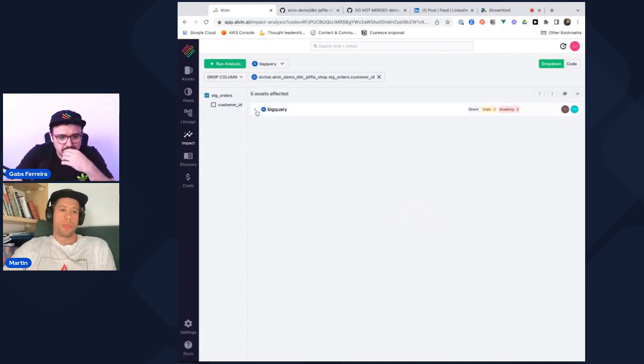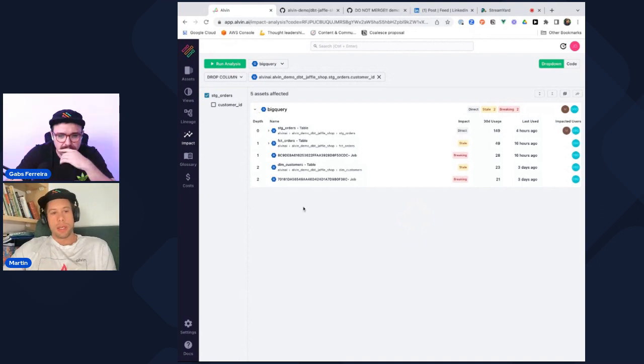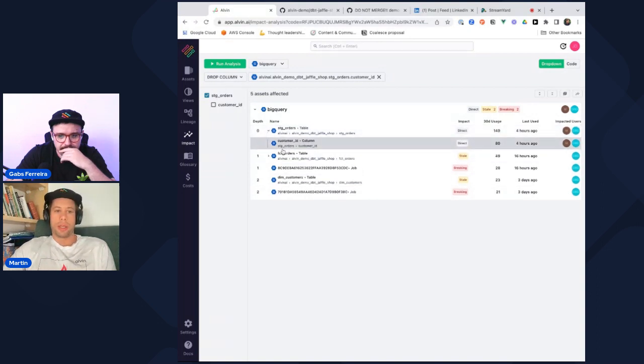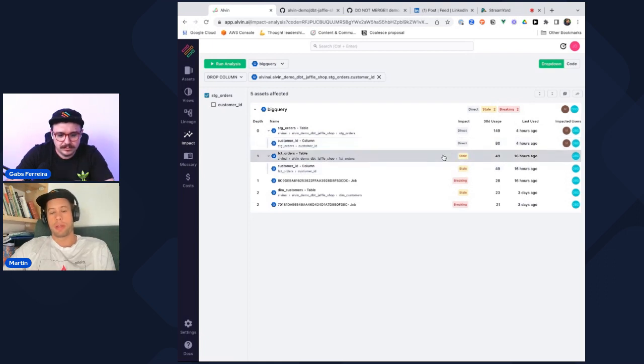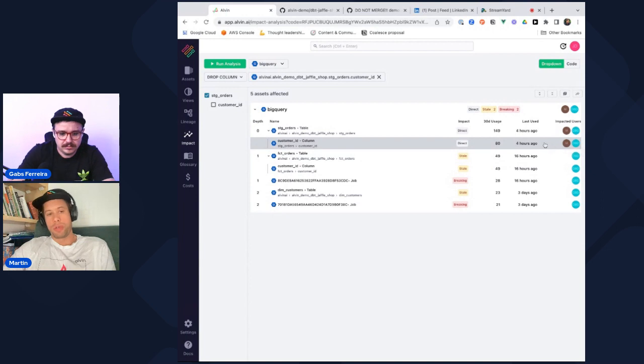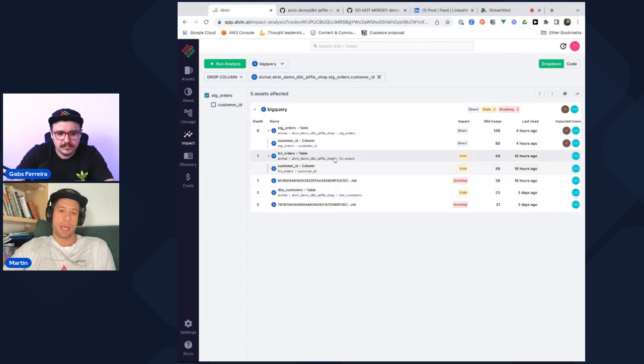Imagine now that I would drop this column. Now we can see basically similar data because we have the same tables that are dependent, but we can now see that it only takes out the specific columns that are dependent. So you see the similar view, it just filters down, so you don't get all the columns, but obviously still the same tables will be impacted by making this change, and thereby they would be stale, which is kind of our way of saying that they would still exist, but they're not going to be